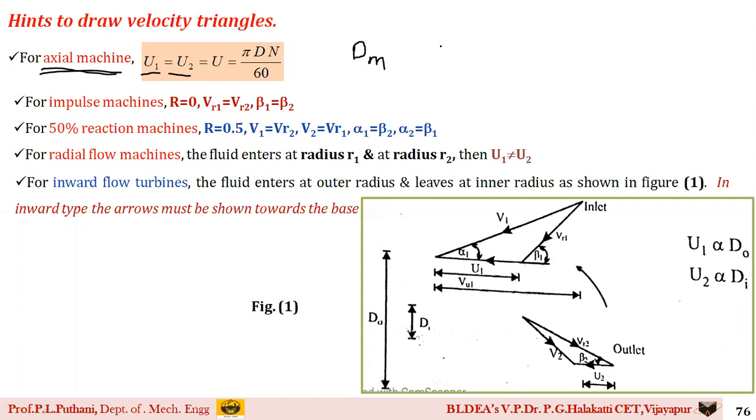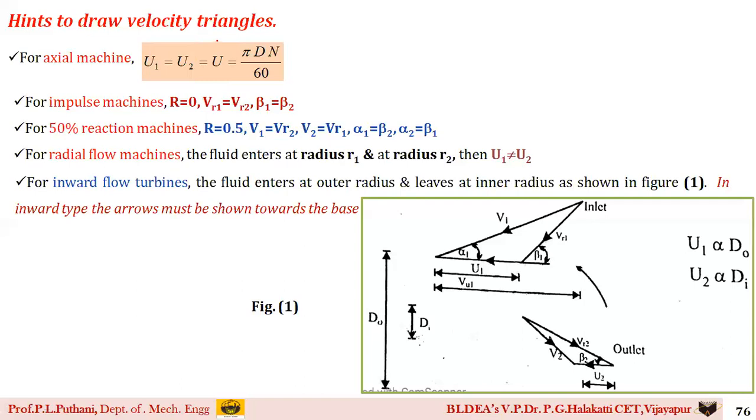So there also you need to calculate the tangential speed for the axial machine as u is equal to pi dm n by 60. The mean diameter is a thing with respect to the axial flow machine itself, so d or dm for the axial flow machine both mean the same. So always keep in mind, when it is said in the problem that there is an axial flow machine, it means the tangential speed at the inlet and the outlet are equal to one another, and it is calculated using the equation u is equal to pi dn by 60. This is the first condition.